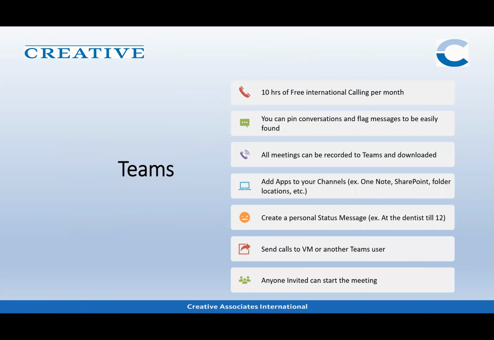Teams. Okay. So once you actually download and install Teams on your computer, or if you already have Teams on your computer and you're signed into it, I'm just going to list some of these key things, and then I'm going to actually show them to you as well. So with Teams, there is 10 hours of international free calling per month. So if you need to make calls with Teams, you can do that